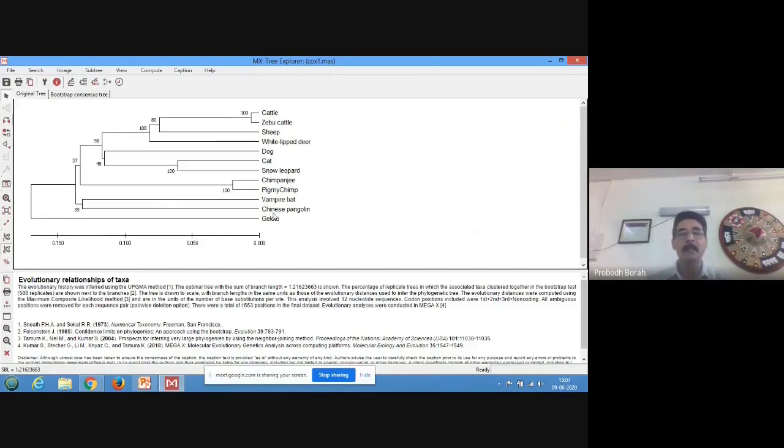But of course, one interesting fact is that the COX1 gene sequence of Chinese pangolin has some similarity, at a moderate level, with vampire bat. Why am I saying moderate level? Because the length of these branches is more, meaning the distance score is a little higher than others. But they are distinctly different from all other species.